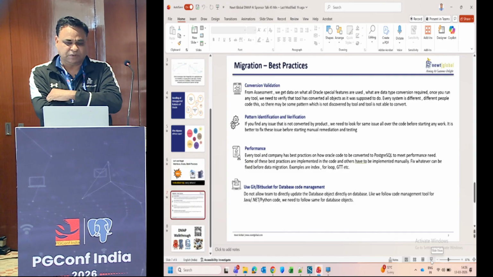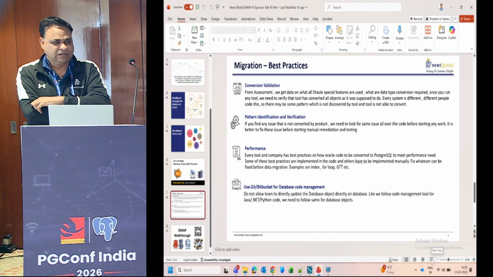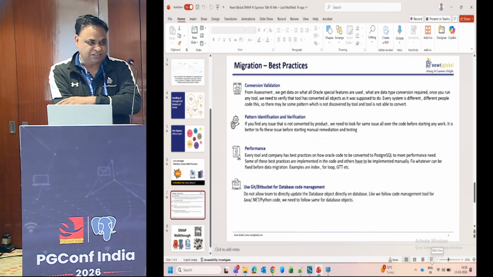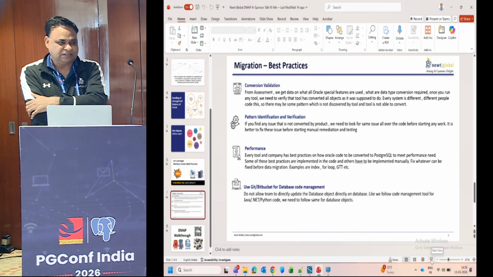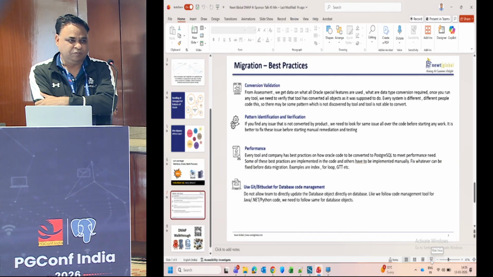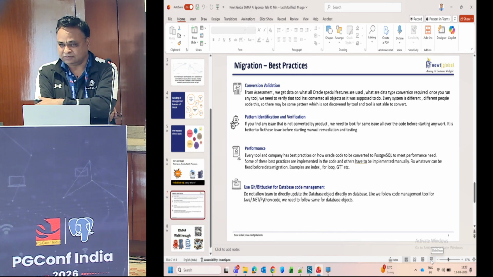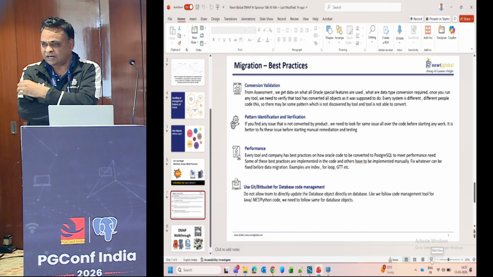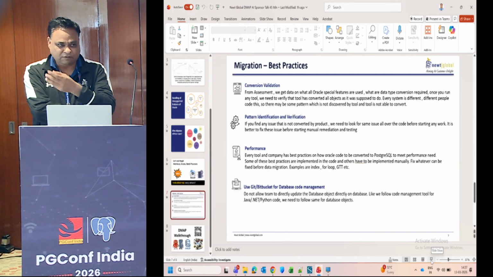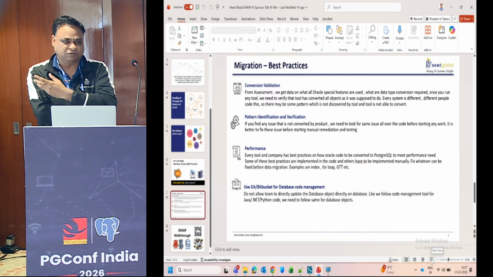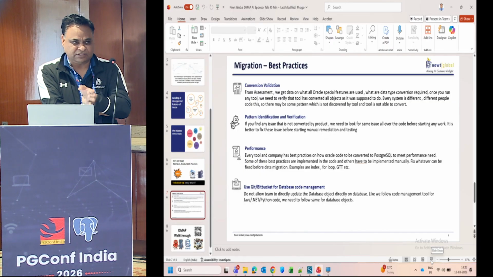Then the third one is the performance part. Now we say, and we did this ourselves in the first couple of projects, first look into the validation part, the functional part, whether it's working or not, and performance we will look at later on. But that is not true. Later on becomes later on, and once you go to the UAT stage, you start hitting performance issues. Once you try to fix them, you start getting functional issues, because while fixing the performance issue, whatever was working earlier on the functional side is not working now. So you get into a circular loop: you fix the performance issue, you get a functional issue; you fix the functional issue, you get a performance issue.